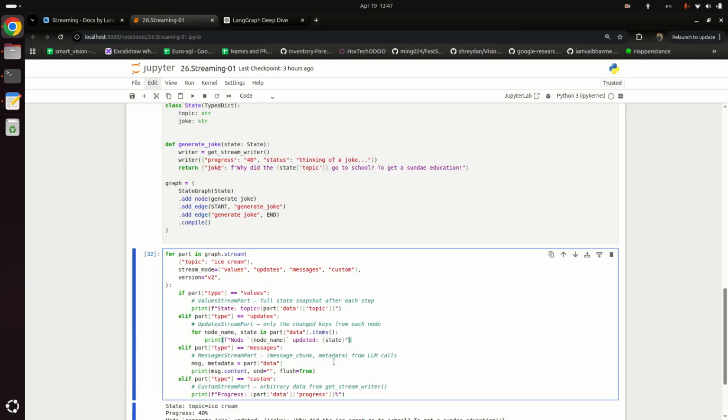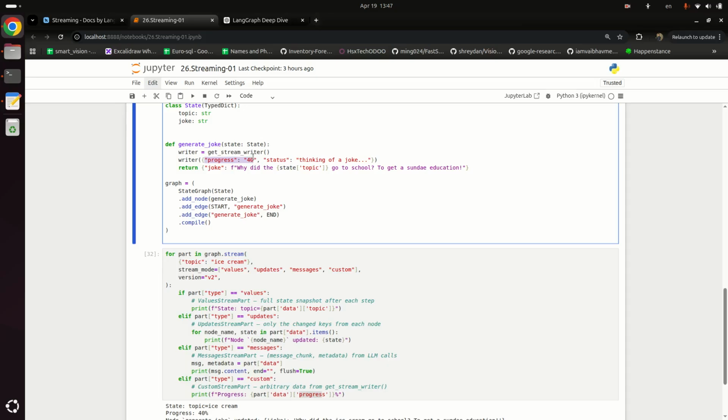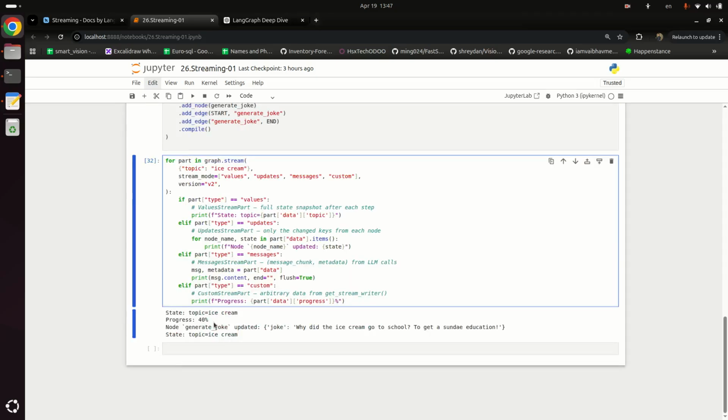This time there is no error while printing data progress, because in our custom stream mode we have added this progress is 40 key value pair. So ChatGPT or Grok or maybe Claude sometimes shows progress is 40%, then 90%, then 100%, and status is running, and it shows a countdown sometimes like 10, 5, 2, 1, 0. It is all custom behavior. You are able to add these custom behaviors in your chatbots and in your agents.